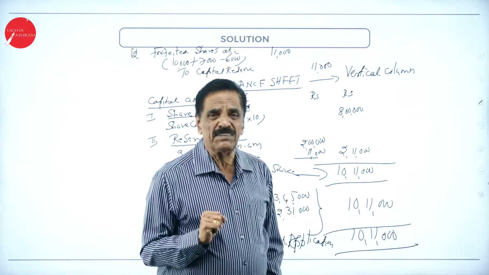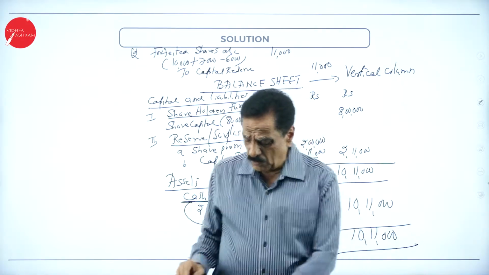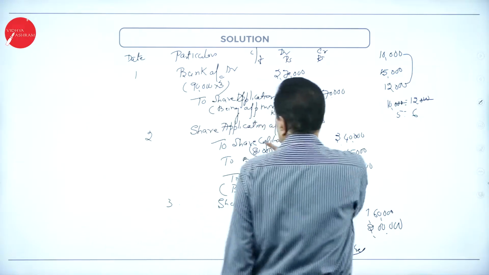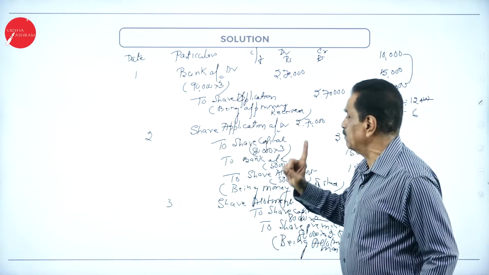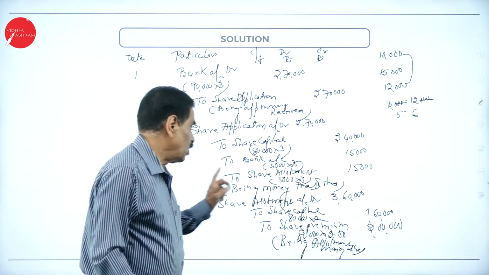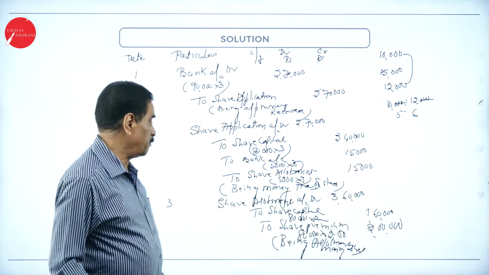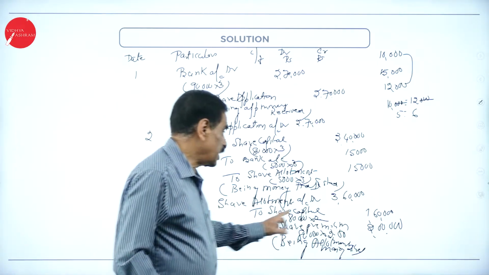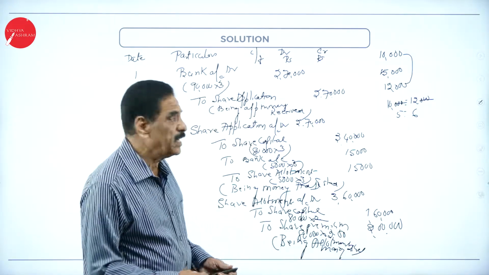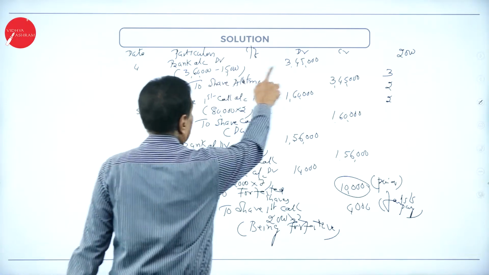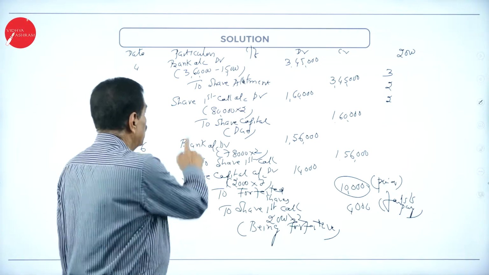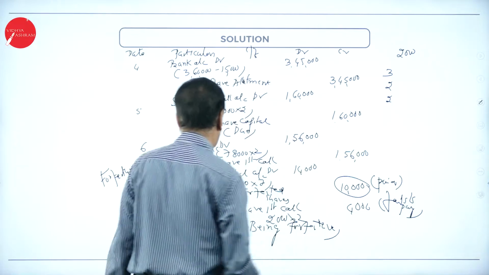So the entries are very, very careful. Bank account, see that, one by one you can pass. You can go ahead once again. What's the first entry? Bank account debtor to share application account, to share capital, to bank account, to share allotment account adjusted to allotment. Then due entry for allotment: share allotment account debtor, to share capital, to share premium account. Due entry when you receive the money: bank account debtor to share allotment account, being allotment money received. Due entry for first call: share first call account debtor to share capital account, receiving the money.